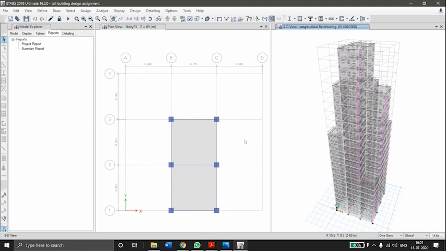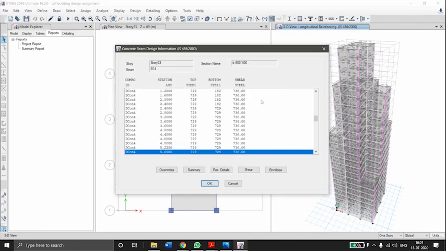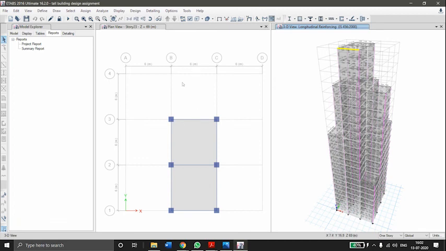So the results of the analysis are here. The longitudinal reinforcement of the members can be seen here in the 3D view tab. We can select any member by right click and see the top steel, bottom steel and shear steel. Other details are also shown here. Also here in the report tabs we have project report and summary report. By selecting them, the software will generate the project report, which will contain the whole summary, whole data of the project. Here we are going to stop now.